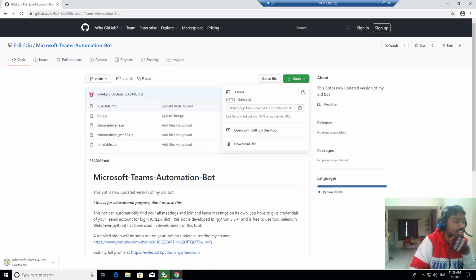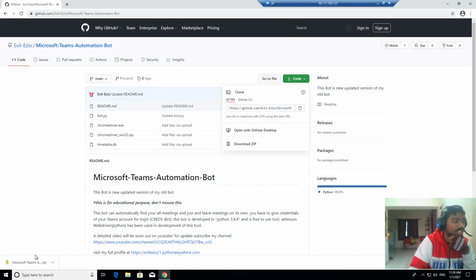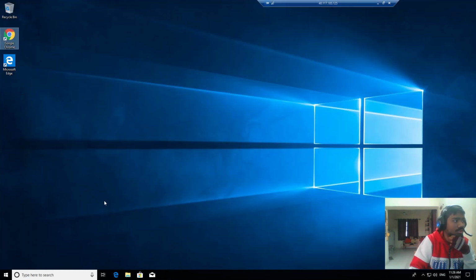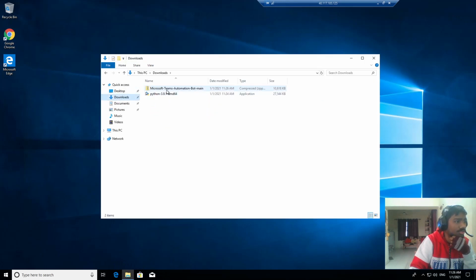It's been downloaded. Now Python has been installed. Click on disable path length limit and close. Your bot has been downloaded in your virtual machine. Just go and find your bot, and I'm taking this to the desktop.